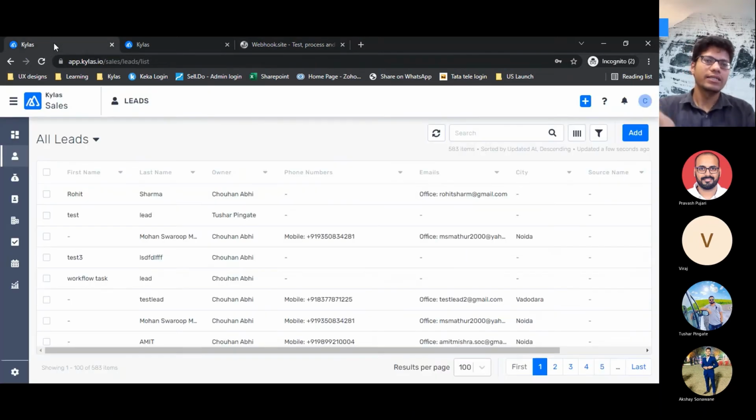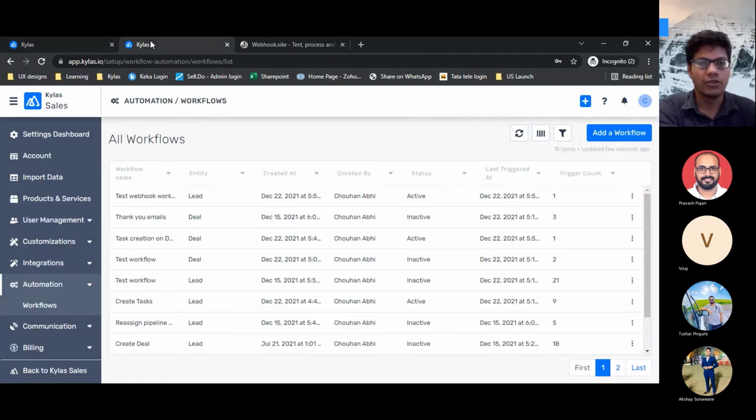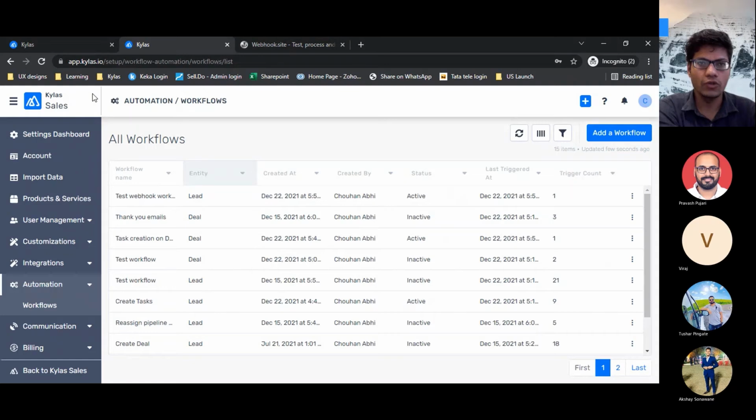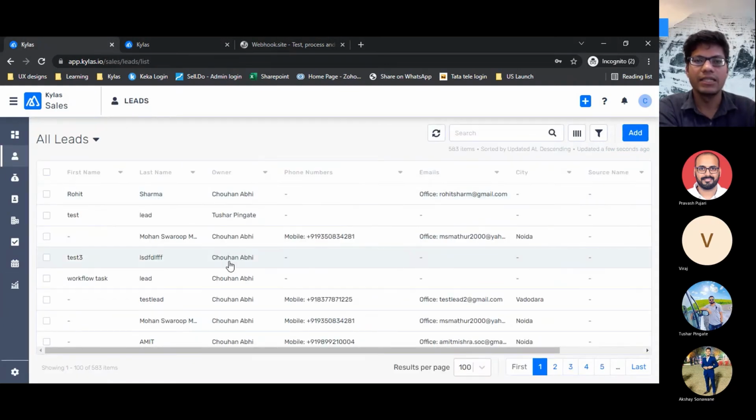In case, let's say I've taken an example of MailChimp, or there can be some other use cases also. For example, if you are using some tool to create your invoices, right? What we can do is write a workflow that whenever a deal is closed, send this deal related data to one of the invoicing tools which is creating your invoices.